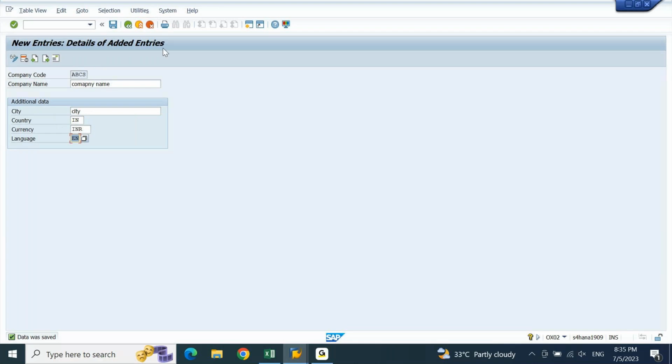which means even if I do not teach you, by looking at the screen, by clicking on new entries, you get to know more than 50% of what is to be done on the screen. Yes or no? More than 50% of whatever is appearing on the screen, you will be able to understand. Agree? Correct?